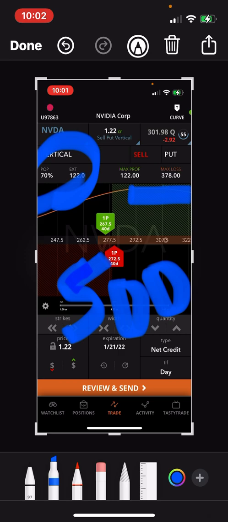So the goal here is there's two ways to manage this trade. You can either try and let it expire worthless and you keep your $122, or what you can do is buy it back for 50% profit. Remember, you sold this spread, so to close it, you would have to buy it back. So what I do a lot of times